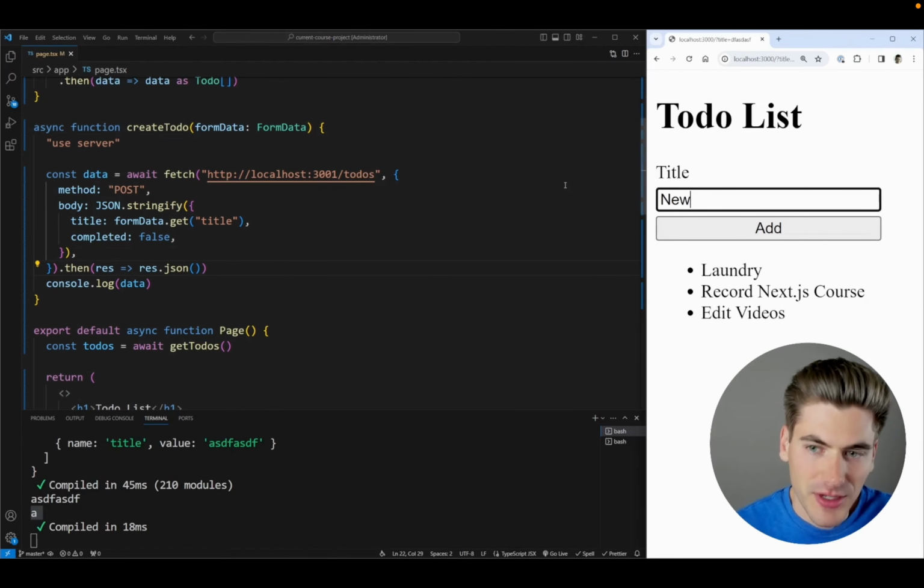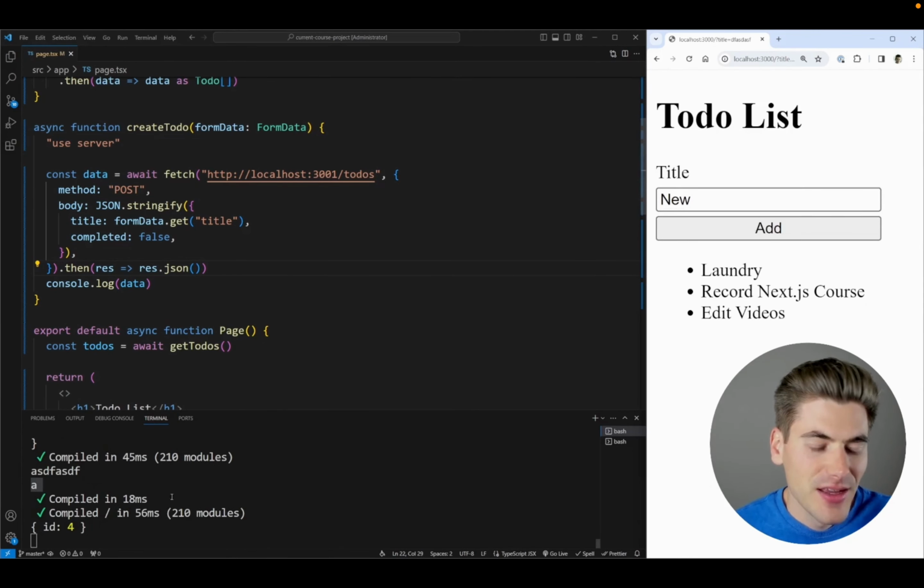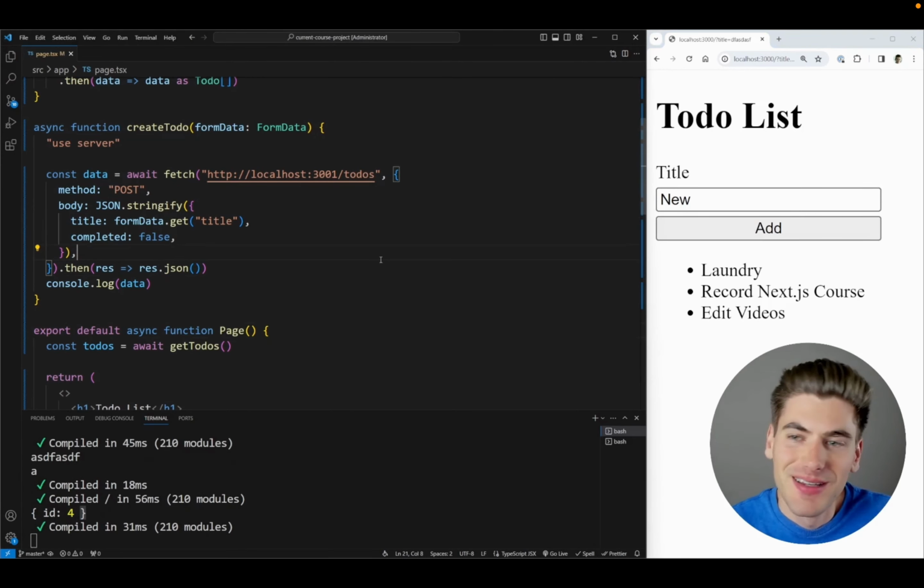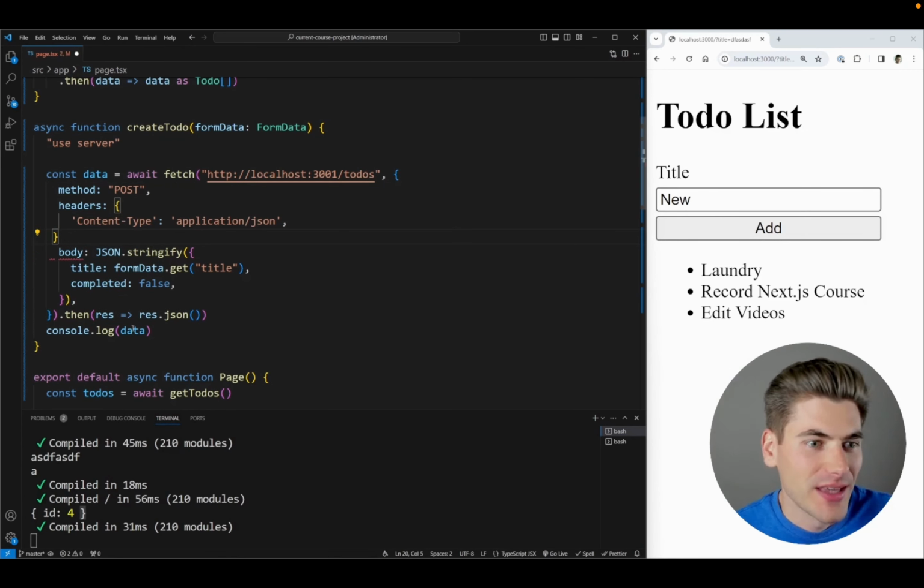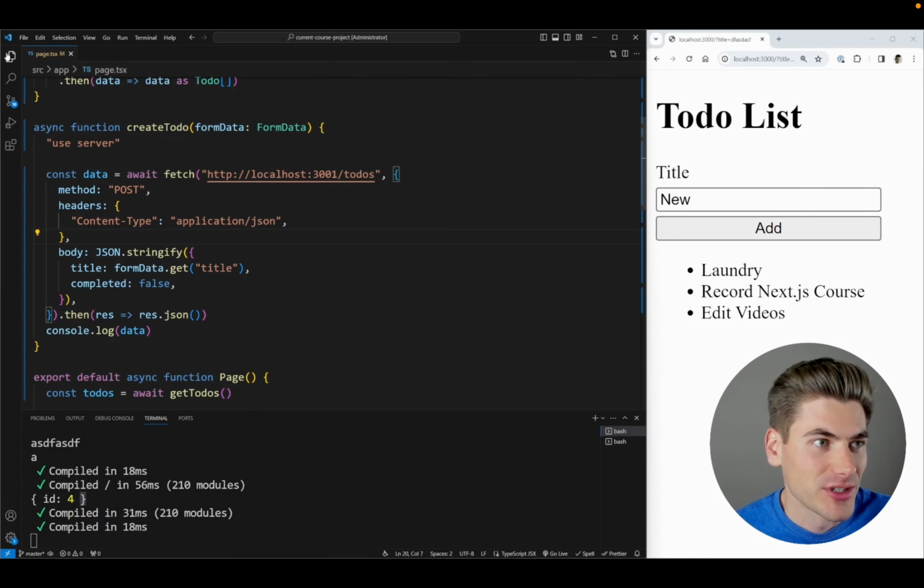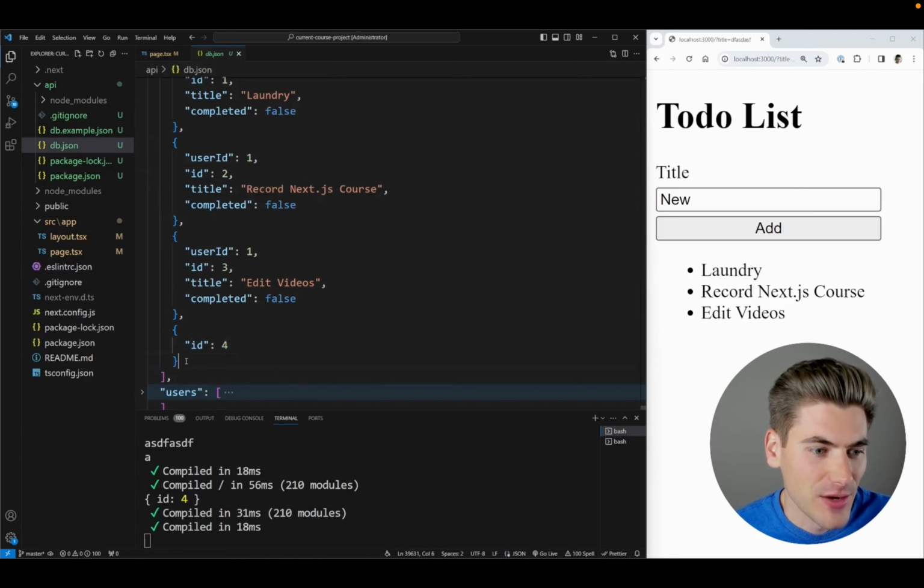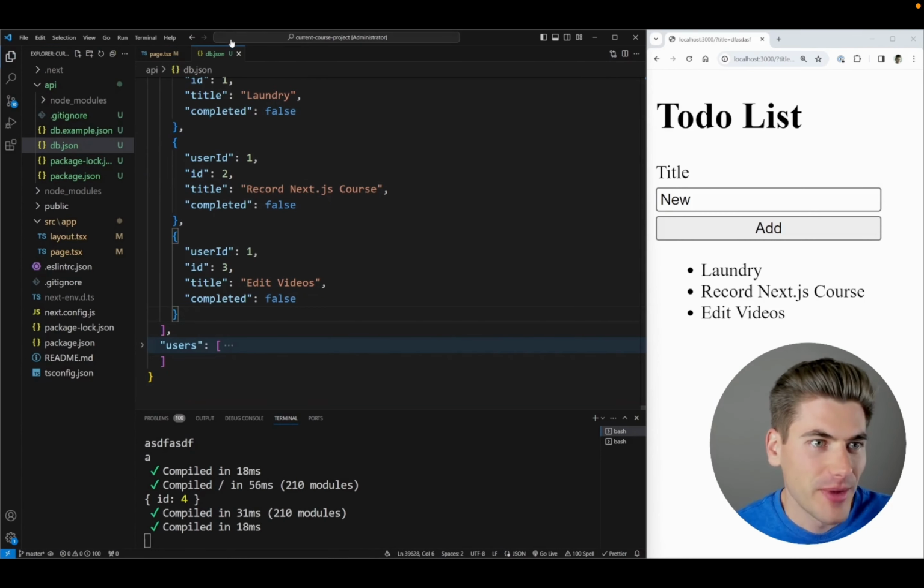So let's come in here. I'm going to type in the title new, click add, and you'll notice it's returning to us a brand new object with the ID of 4. Now this is technically not correct, and that's because I just forgot to pass along the headers here. So if I pass in the content type of JSON, I'm essentially telling this that I'm creating a JSON object instead. Now if I go into my database and I remove that number 4 that was created by accident, there we go,